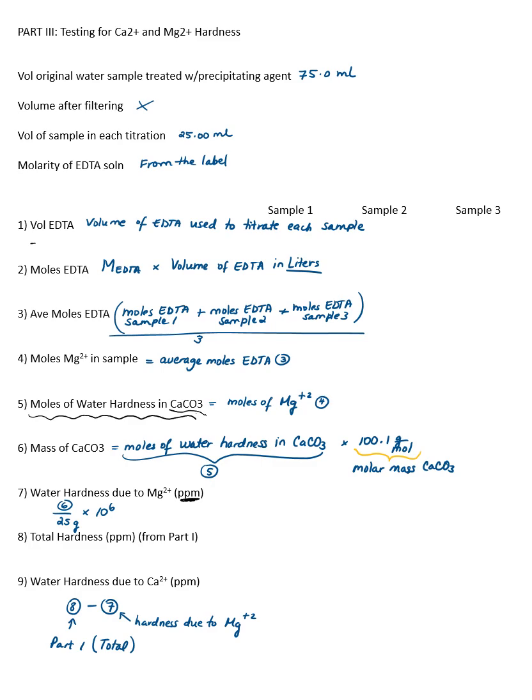Okay. Now, the total hardness is what you have in your part 1, so you can just copy the same number. And then water hardness due to calcium in parts per million, that will be your total minus the one that you calculated here, number 7, which is the one for magnesium. You have in part 1, we did the total hardness. It's in